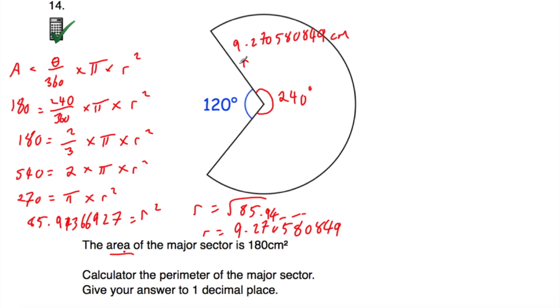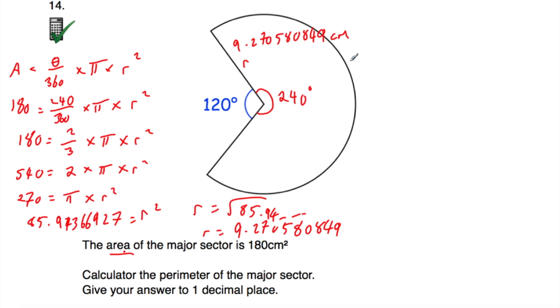Okay, so we found the length of the radius. Now the question wants us to find the perimeter of this major sector. So if you need to go back to Corbettmaths and watch the video on arc length, feel free to do that. Now arc length is quite straightforward. Remember, to find the area of a sector, we just do the fraction of the whole area. So we do the area of the whole circle, pi r squared, and then multiply it by β over 360, the fraction of the whole circle. And it's the same for arc length in terms of the fact you'll be doing the fraction multiplied by the whole circumference. So you'll find the circumference of the whole circle and multiply by the fraction, and that'll give you